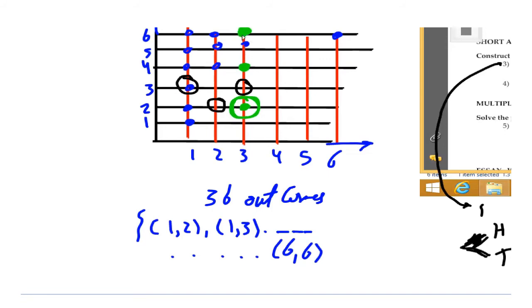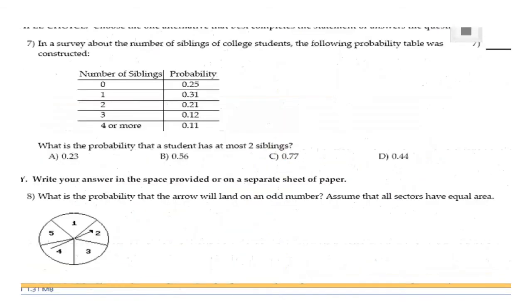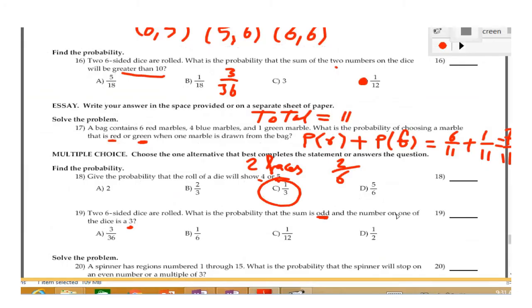So I have 3. Now what about this 3? 3 and 1, sum is 4. But 3 and 2, sum is 5. 3 and 4, 3 and so on. So 1, 2, 3, 4, 5, and 6. So it's supposed to be 6 out of 36, which is 1 out of 6. For number 20,